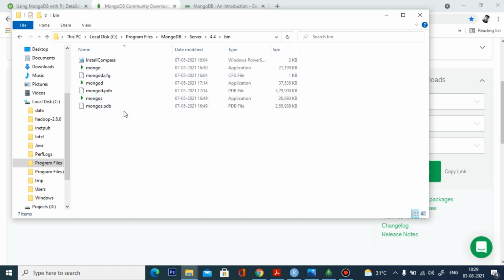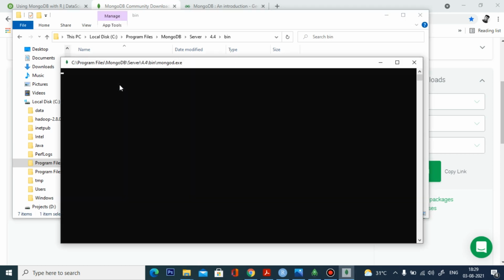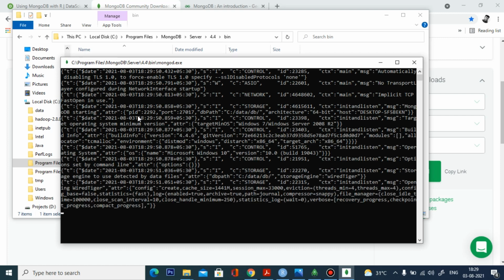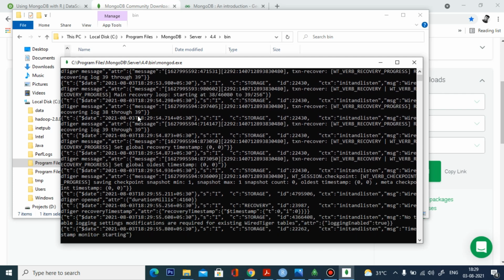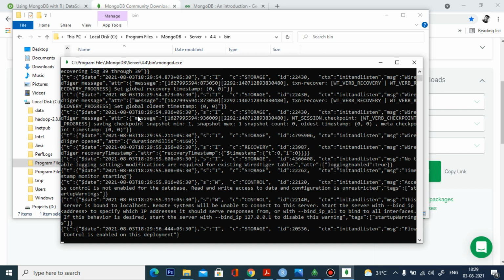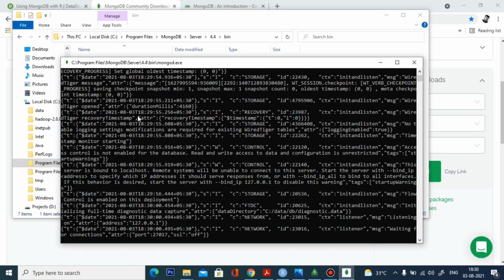Here you have to start MongoDB by clicking the mongod application. Just double click it. The control panel will open like this. Now we are going to start our MongoDB. This is a very simple way to start MongoDB.